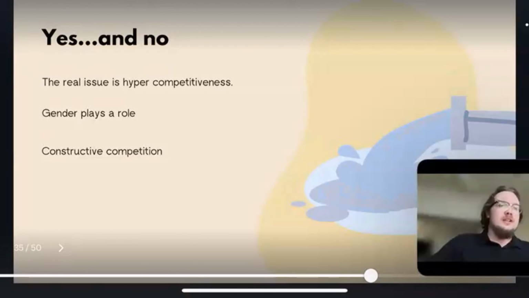What we do want is constructive competition. So constructive competition is when competition produces a positive, enjoyable experience and generates increased efforts to achieve without jeopardizing positive interpersonal relationships and personal well-being. So while you guys are in a group, you all have different things that make you great in life, but also in the class.